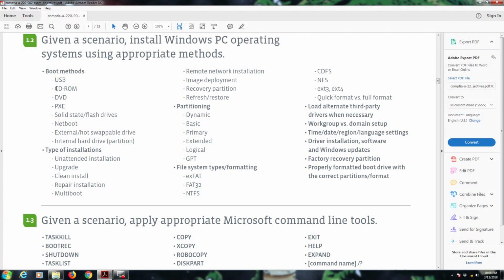Which those encompass all of this. The reason you'd ever boot to a DVD is the same reason as USB. You just need to boot to a media. A lot of times it's to install your Windows operating system, which can be done from CD-ROM or DVD,